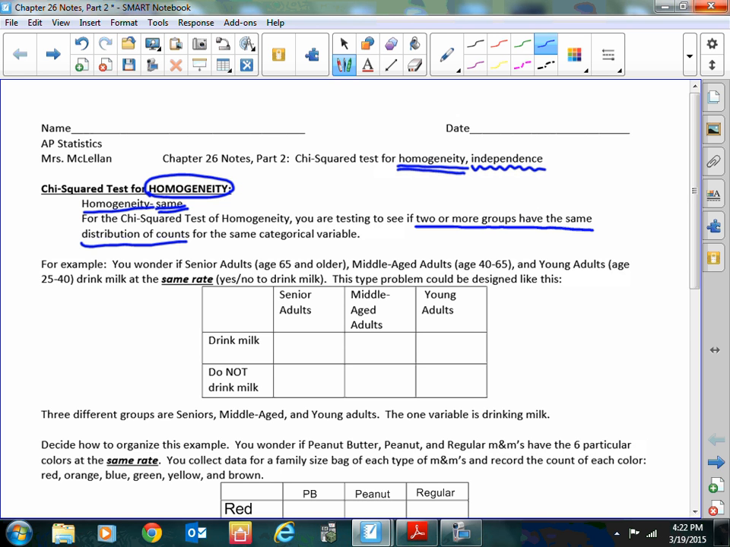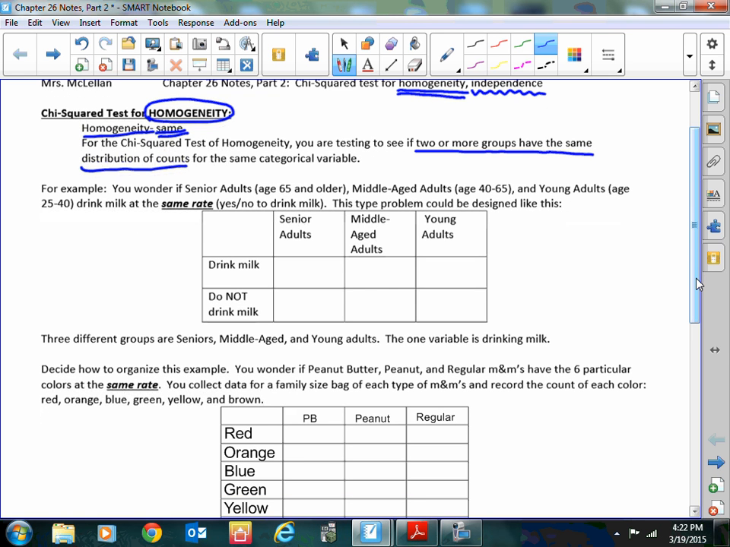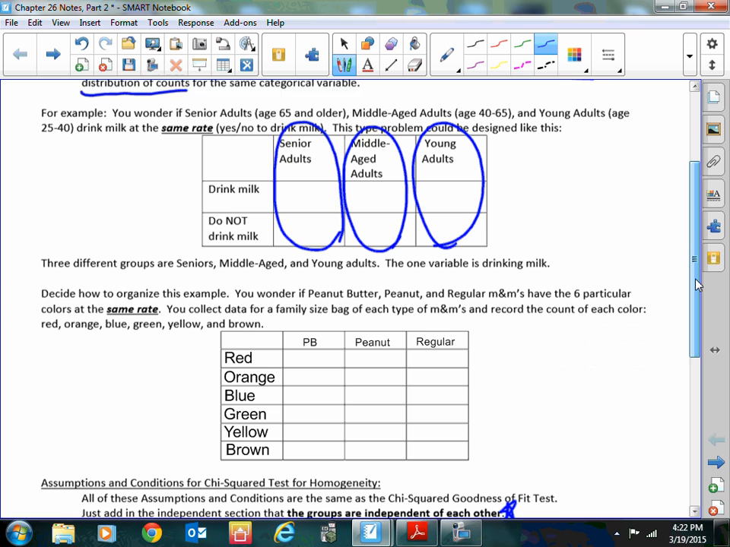Okay, so again, this is about proportions, not quantitative, not about averages. For example, maybe we are wondering if particular age groups are drinking milk at the same rate. Yes or no. So you've got not just one or two, but you have three particular groups that you are seeing if they are drinking milk at the same rate. Hence,